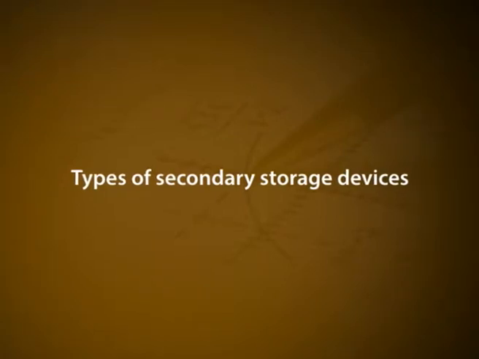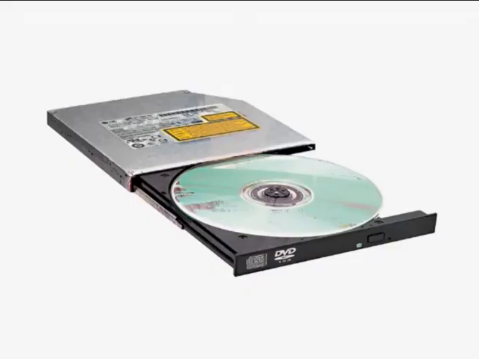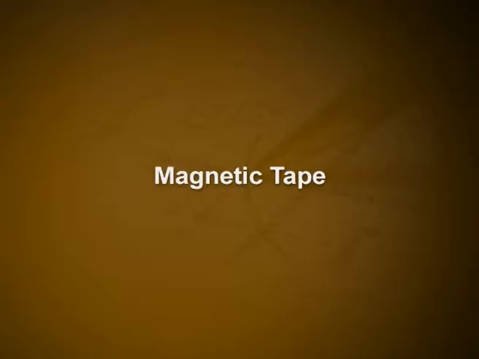Types of secondary storage devices. A wide variety of secondary storage devices is available in today's computers. The most commonly used are magnetic tape, magnetic disk or diskette, CD-ROMs, and DVD. Magnetic tape. Magnetic tape medium is a plastic ribbon, usually ½ inch or 1/4 inch wide and 50 to 2400 feet long. Magnetic tapes are particularly suited for offline storage of large amounts of data.